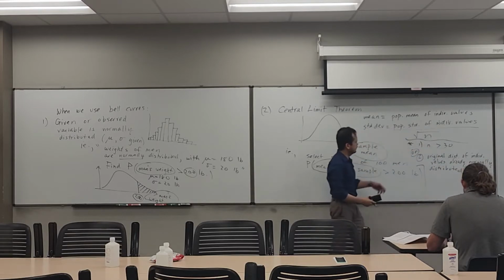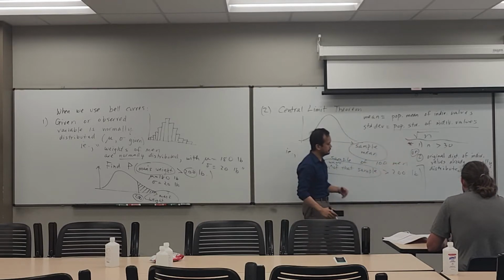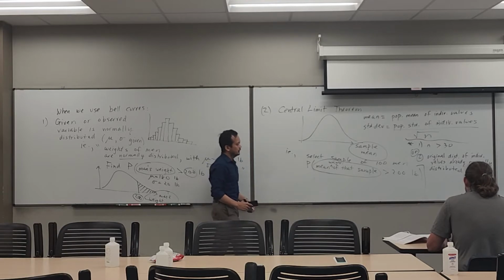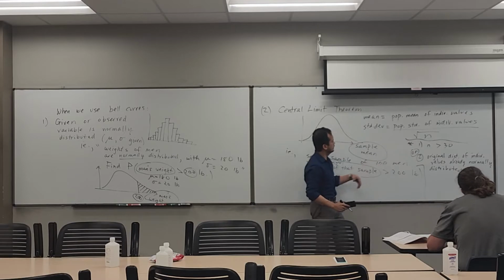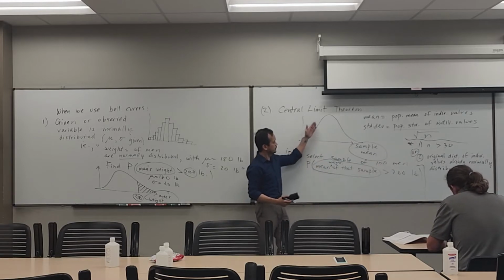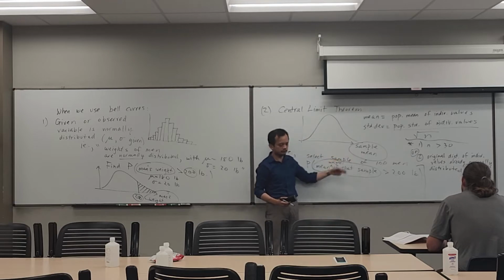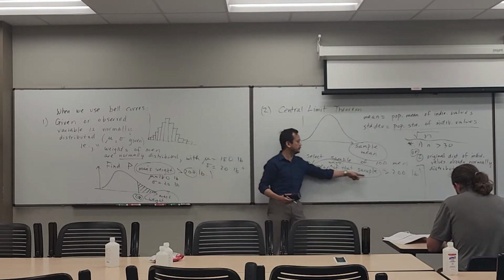So either the sample size is at least 30, or the original distribution of individual values is already normally distributed. So that's the fine print that has to be true for you to be able to assert that we're going to have a bell curve if we have a distribution of sample means. So in this case, we're trying to find the probability of this variable, which represents a sample mean, is greater than